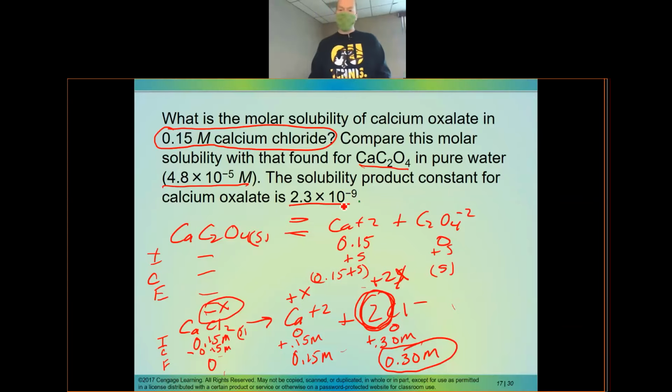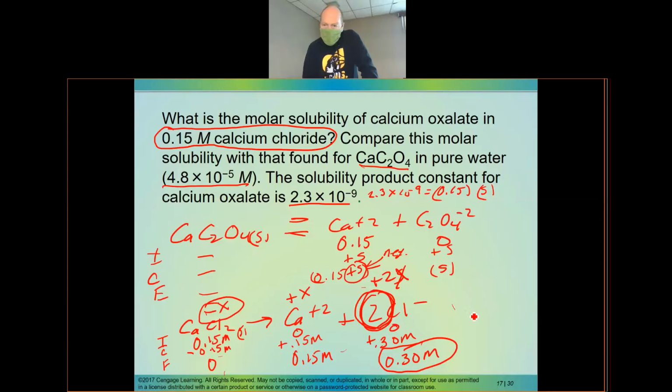So then we just plug that into our KSP. So KSP is 2.3 times 10 to the minus 9. That is equal to our calcium concentration, 0.15 plus S. But we see that our KSP is very, very small. And so we can neglect any plus or minus X. All right, and so we get our 0.15, and then we have our S. And so in order to find S, we have to divide both sides by 0.15. And that is going to be